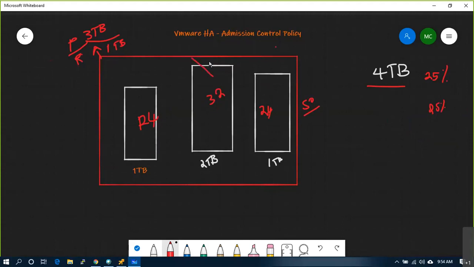What happens if the bigger host goes down? Nothing will happen. Even if a bigger host goes down, you have a total 25% capacity. So while informing the customer of these benchmark values or reservation values, you will also provide a list of servers. Out of 50, you need to list down